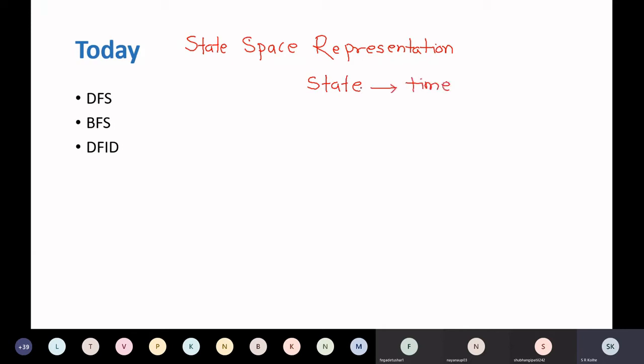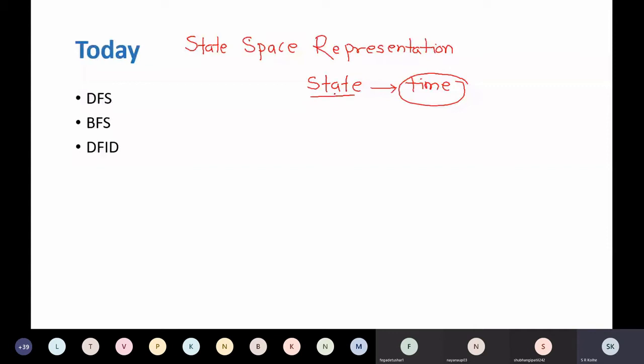While defining this state, you define it in such a way that it will incorporate the parameters which are changing with respect to time. The parameters which are not changing with respect to time, you need not include in your state representation.